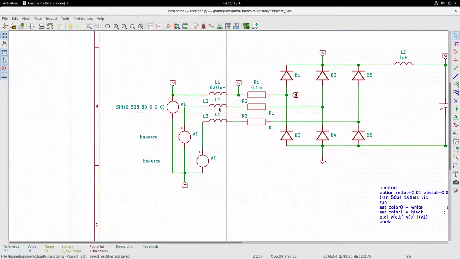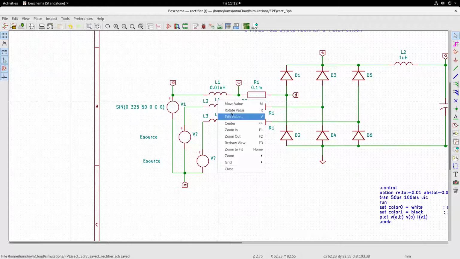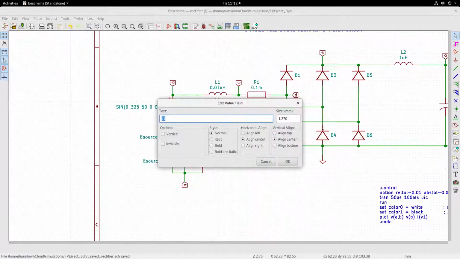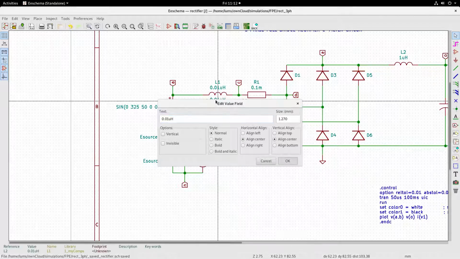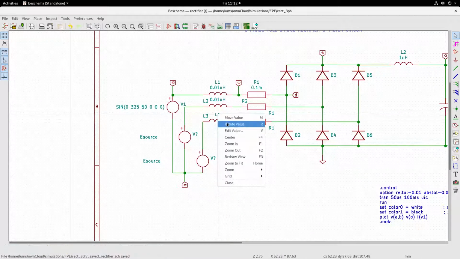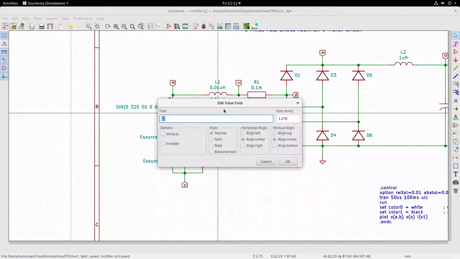So I have this, and I will give the same value for the inductor as I had given for the other phase, 0.01 micro Henry. Edit value, 0.01 micro Henry.